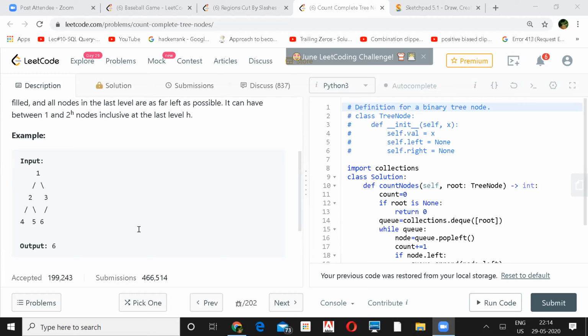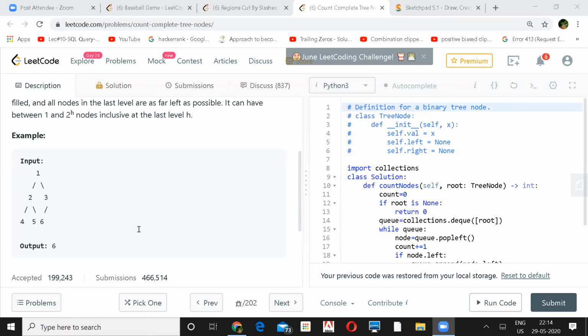I have not solved this because I only saw it yesterday night, so I can tell you the approach. Can I tell? Yes. Sure, go ahead. So what we can do is, we know there is a root, there is a left part, and there is a right part, right? So we can just use basic DFS.